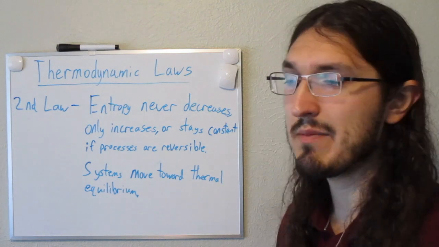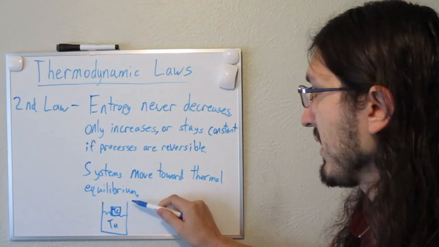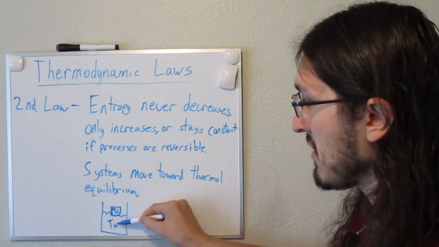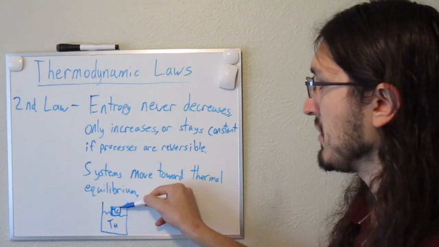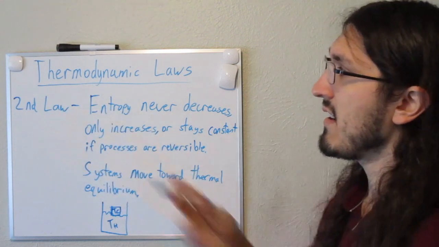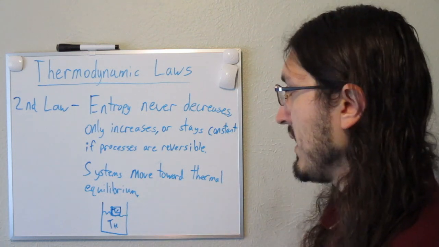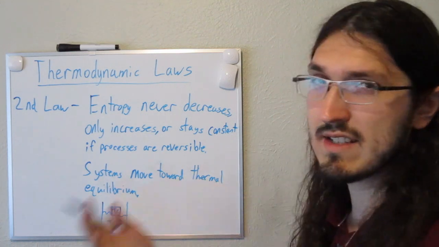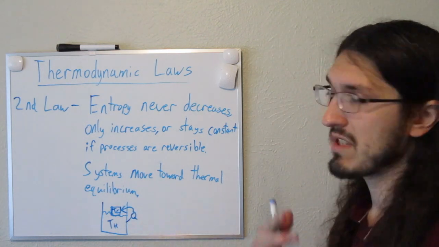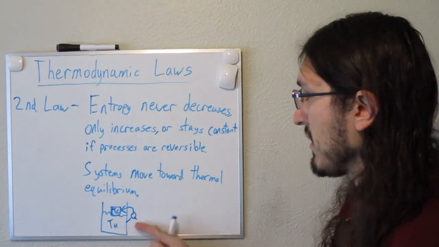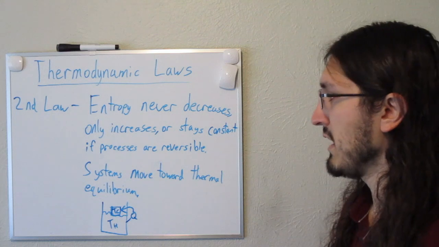We see this happen all the time whenever we melt ice in a cup of water. Here I've drawn a cup of water where the temperature of the water is hotter, so I put a TH there for the water, and then the temperature of the ice cube is colder, so I put a TC. Because of the 2nd law, heat is going to move from the water into the ice cube until they become the same temperature, which causes that ice cube to melt. Here I drew an arrow with a Q, which represents heat, and it flows from the water to the ice cube. Okay, and it would keep on flowing into the ice cube until they reach thermal equilibrium.